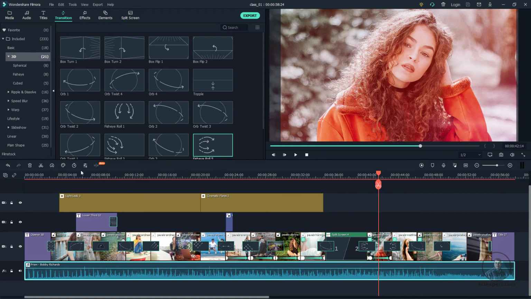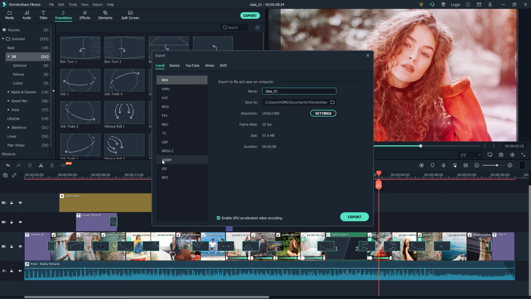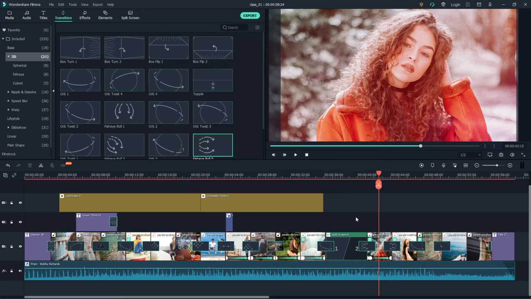The remaining effects, maybe chroma removal, color corrections, tracking, all these we will continue in the next Filmora video. Now finally I am going to start exporting. Select your timeline and click on the export option. From here you can select your file format, maybe MP4 or another format. I have selected MP4. Then give a name here, and if you want you can select your location, then click on the export option.